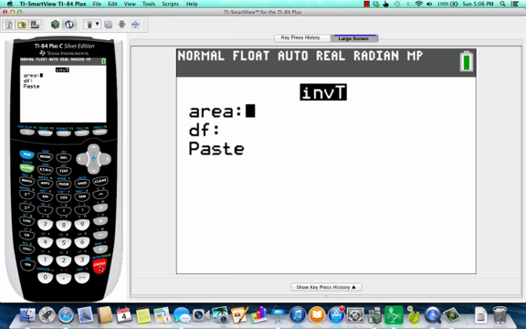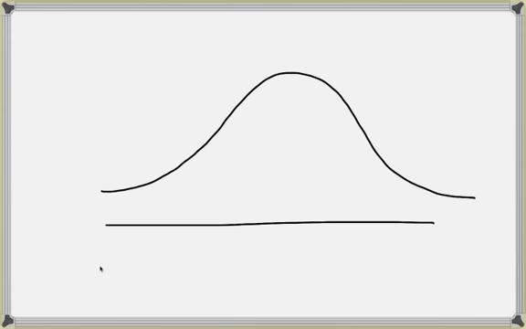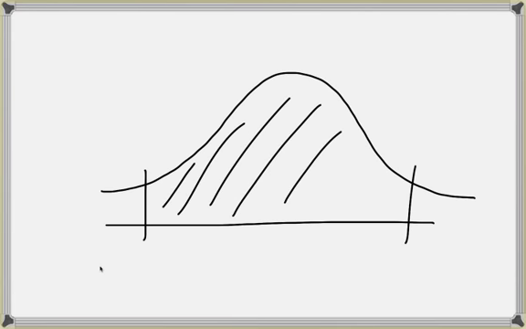Think about what this means. We're doing a 90% confidence interval. So if we've got our curve here, we want this area in here to be 90%. If we want the middle 90%, we're going from 5%